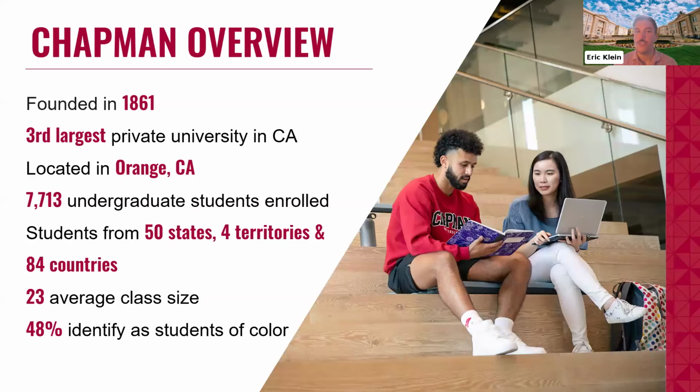As a mid-sized institution, average class size is about 23 or so. So if your student has been at a smaller scale high school or is looking for an institution that really allows students to connect with their faculty, working collaboratively in a very intentional way throughout their education, Chapman could be an excellent option for them.